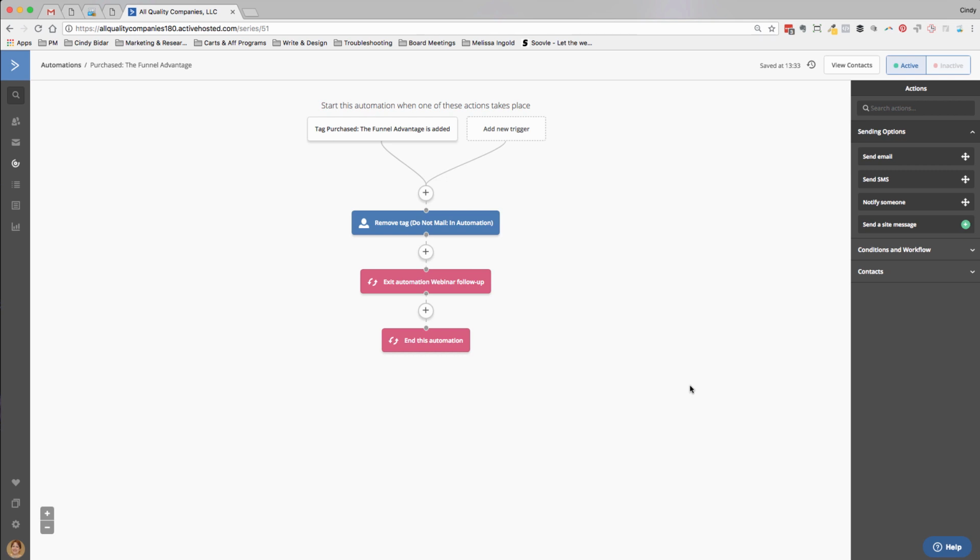So it pulls them out of those promotional sequences so that you're not continuing to see emails for products you've already purchased. So that's how I use tags to move people around within the ActiveCampaign system